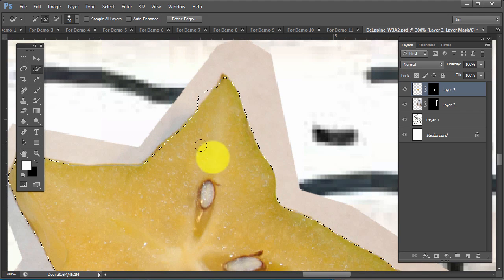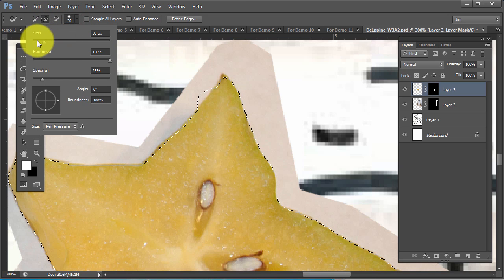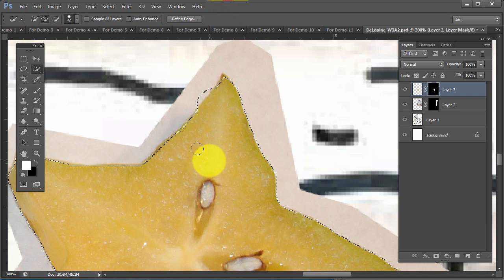Now, if I zoom in, I'll see that it did not pick up something. So I'm going to reduce the size of my brush. So that's the left and right bracket keys. All right, I could go up here and click on the drop-down menu and do this kind of thing, or I could use the shortcut of using the left or right bracket keys to decrease or increase the size of my brush. So left bracket key, reduce down, and then with the Alt key held down,